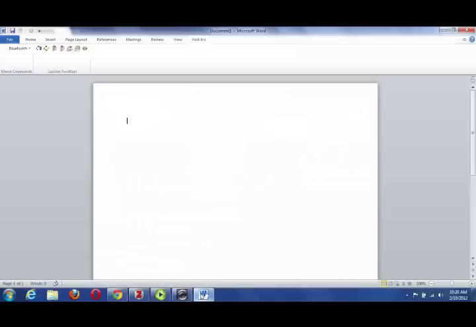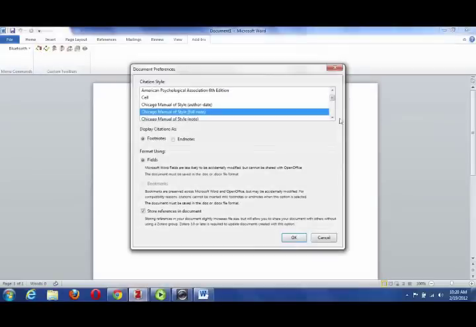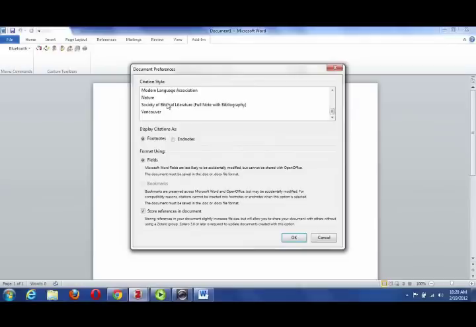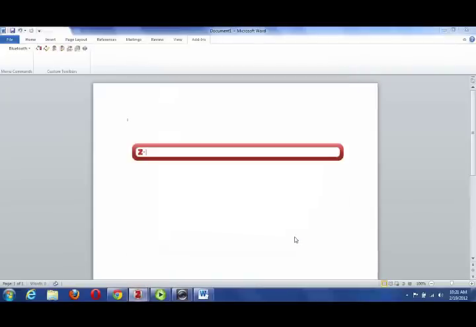So if I come back to my Word document here and install this, hopefully if things went well, then there's my SBL. So SBL does not come preloaded like these other ones do, but you can go out to Zotero and install it. But we're going to just pick the Chicago manual style full note. And we're going to do footnotes; you could do endnotes, but typically we do footnotes. And we're going to say OK. And then this big red rectangle pops up,